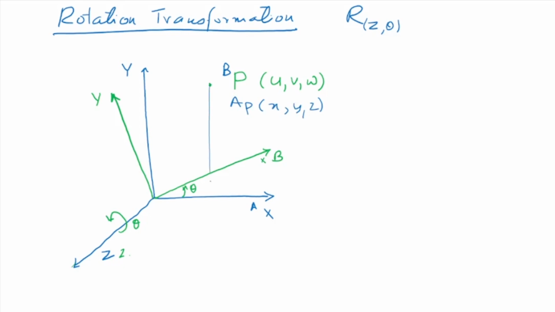Okay, now what does P xyz mean? The projection on the x-axis. This is my x, that is my y. And the projection on the z-axis is z. That you understand. What is the meaning of UVW? UVW means projection on the B frame. So this is my U. And correspondingly when I project it here, this is my V.